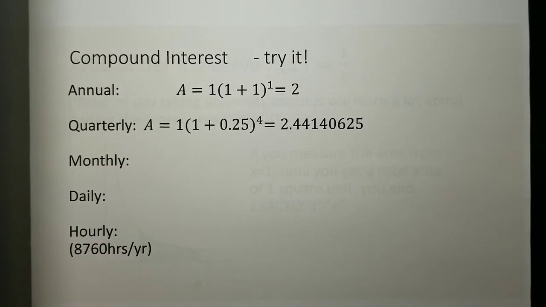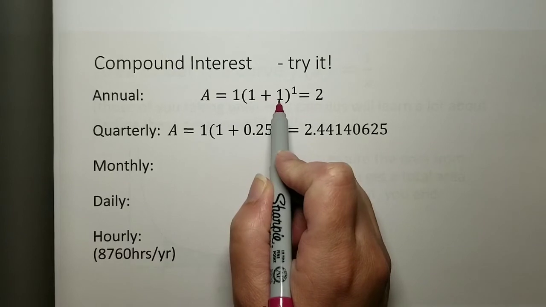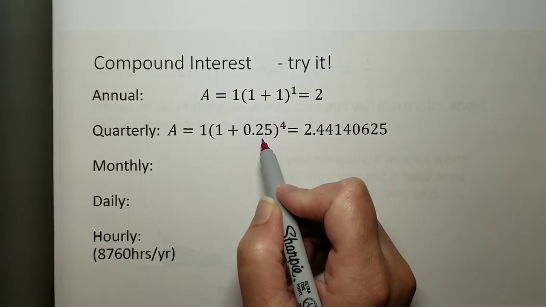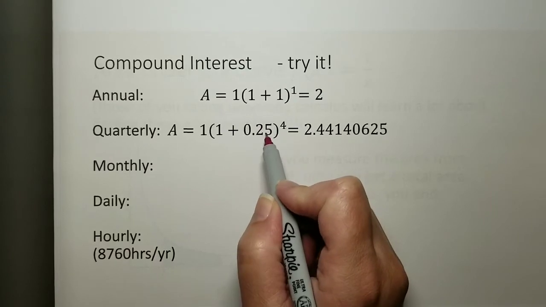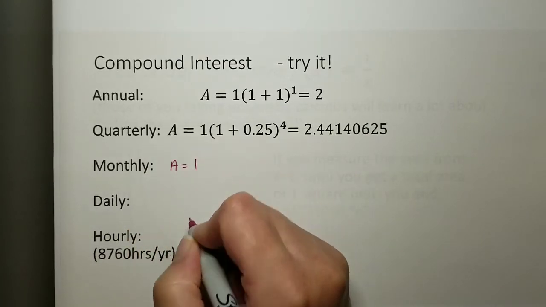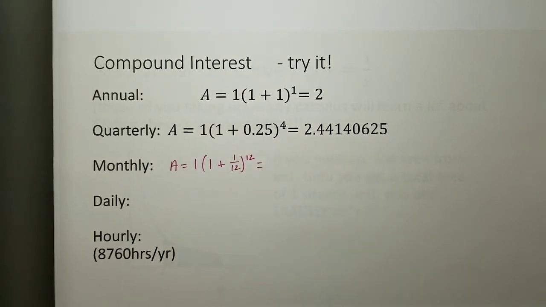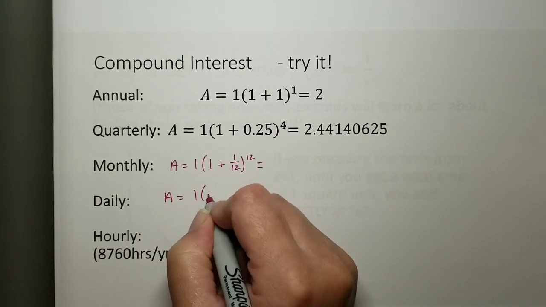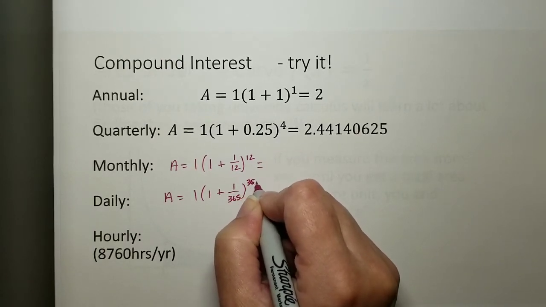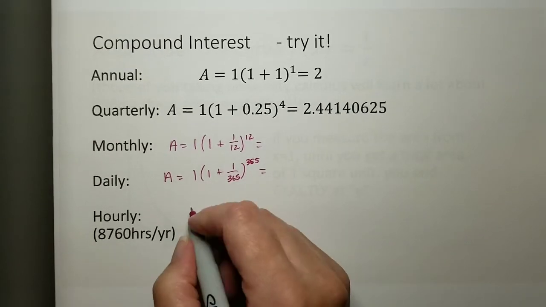I'm not going to go through all of these, but you can figure out what happens if you invested, say, $1 at 100%, and increased the compounding periods, dividing the interest: monthly, and continuing on, taking the percent and dividing by 365, but adding that interest on that many times. If we kept going here